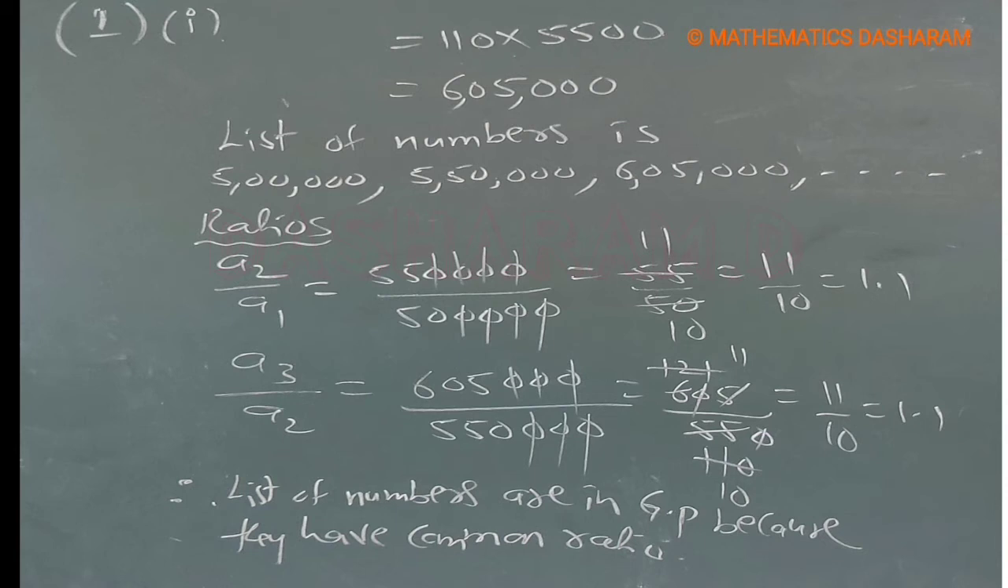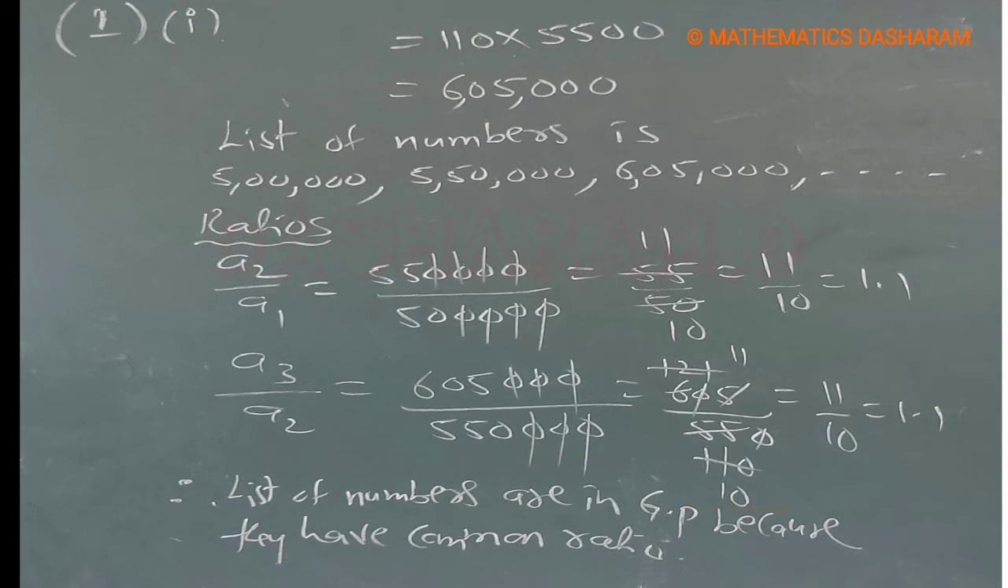Okay, so now finally the list of the numbers is 5 lakh in the first year, 5 lakh 50,000 in the second year, 6 lakh 5,000 in the third year. Let's find out the ratios. First ratio A2 by A1, so the answer is 11 by 10, which equals 1.1. Second ratio A3 by A2, third term by second term, and here the simplification is,